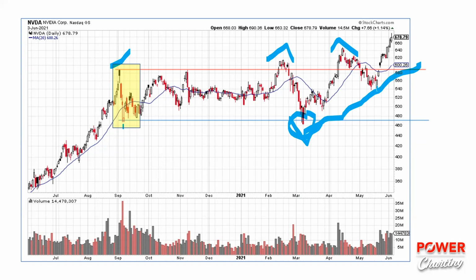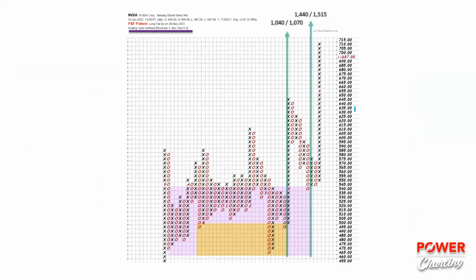One of the things about a method like a campaign method is that you have a lot of ebbs and flows, and so you're tolerating a lot of pullback. But the key here is that, let's say that this testing area of that low becomes your entry place. Well, so far you have not returned back to that area around $500.